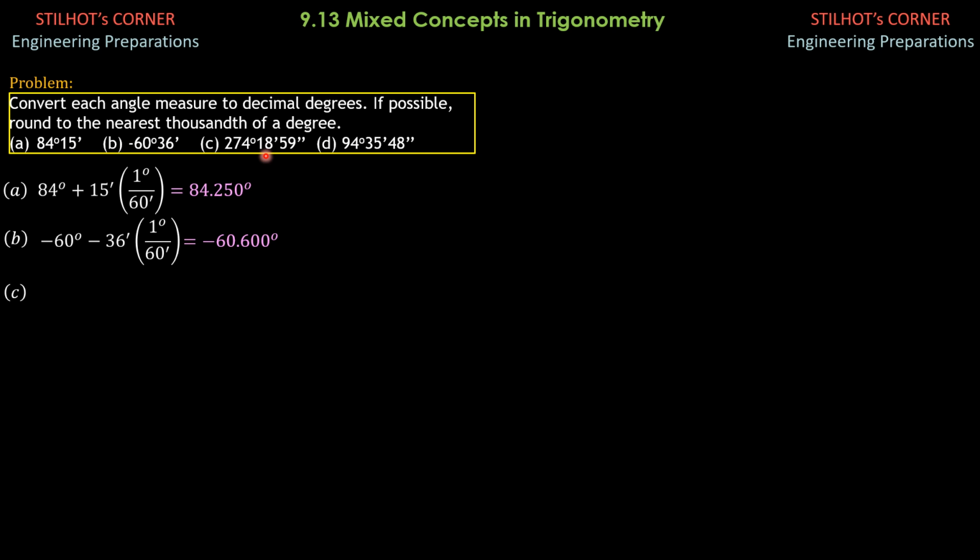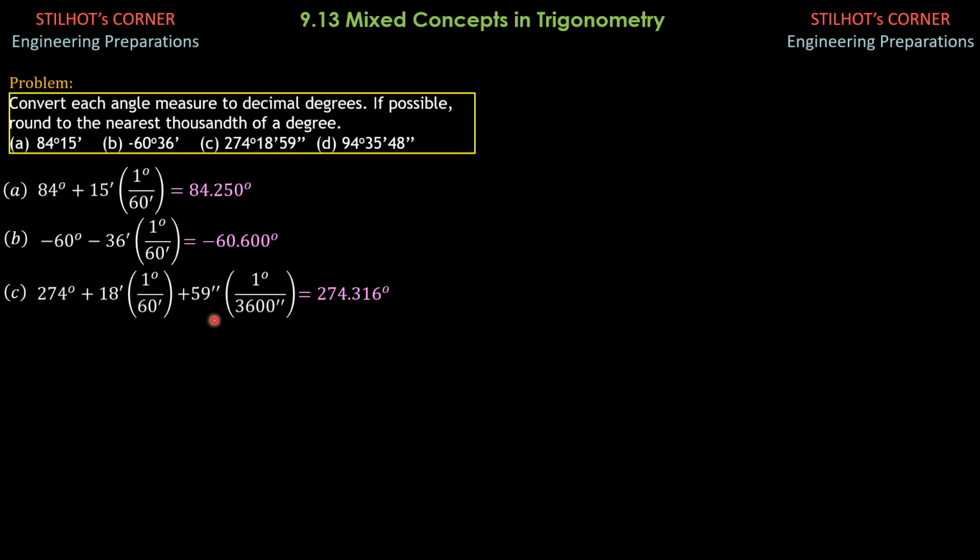Third, 274 degrees plus 18 minutes times 1 over 60, plus 59 seconds times 1 over 3,600 seconds. 1 degree is 3,600 seconds, because 1 degree is 60 minutes and 1 minute is 60 seconds. So 60 times 60 is 3,600 seconds. So using your calculator, this is equal to